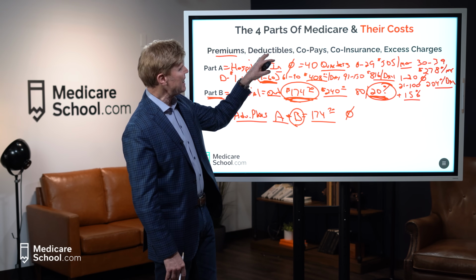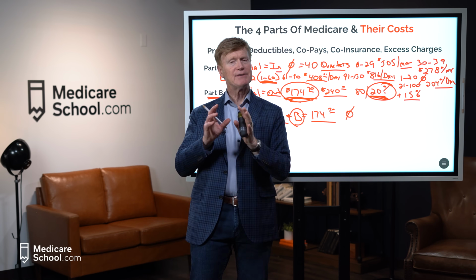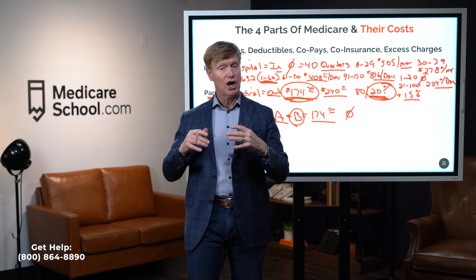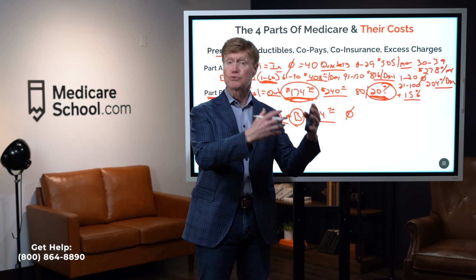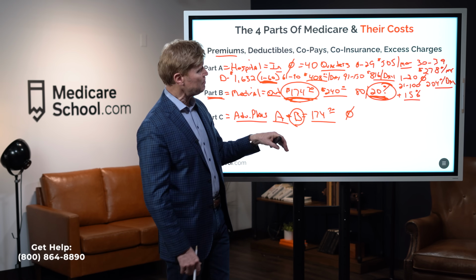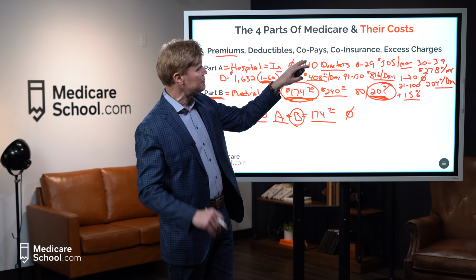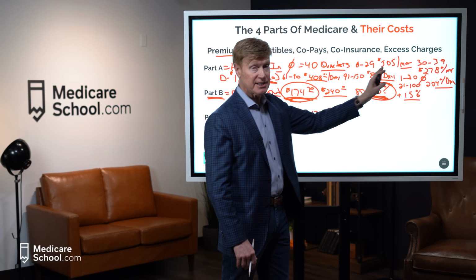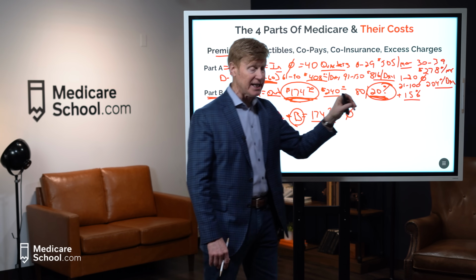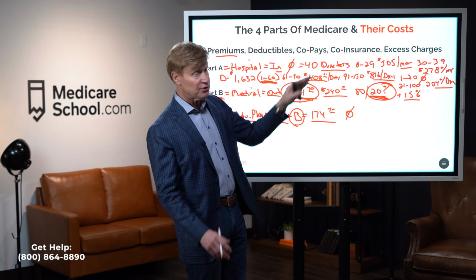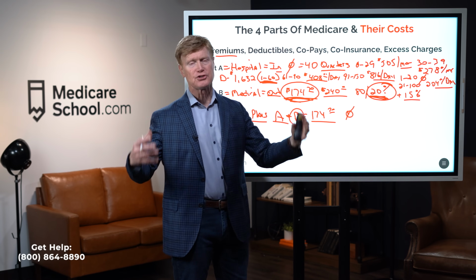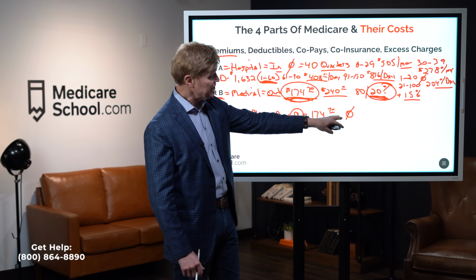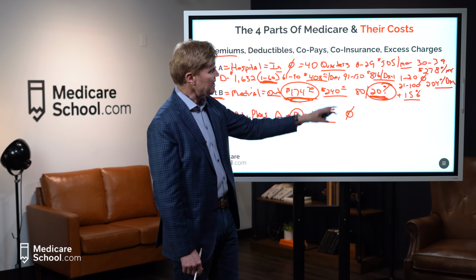Now, when we get into Advantage plans, the majority of them do not have a deductible. Some do, but most don't, except they could have a deductible on the medical side, and they could also have a deductible on the drug side of the Advantage plan. Now, here's where you're going to see a big difference. Remember how we said that with Medicare A, we had co-pays for extended hospital stays, extended skilled nursing stays. When it comes to Advantage plans, you have lots of co-pays. In fact, the majority of the services that you're going to need on an Advantage plan are going to have a copay. Why is that? Well, because you didn't pay a premium for them. And so we have lots and lots of copays.